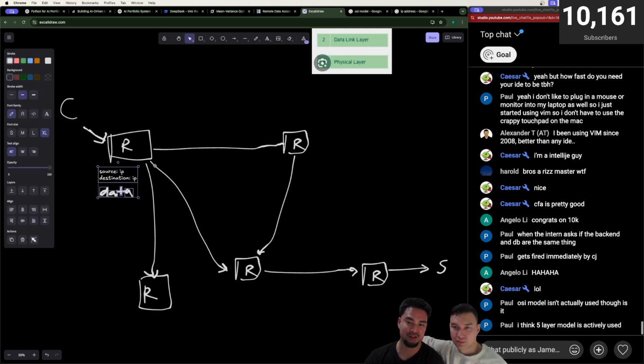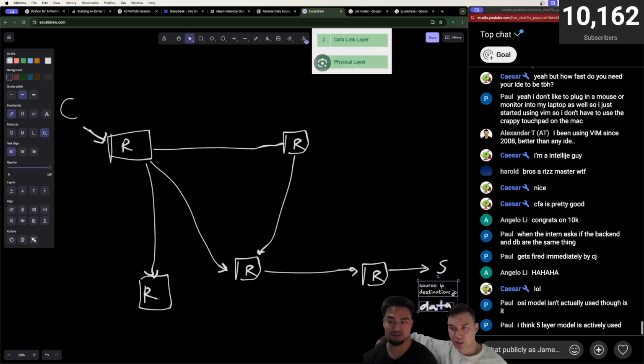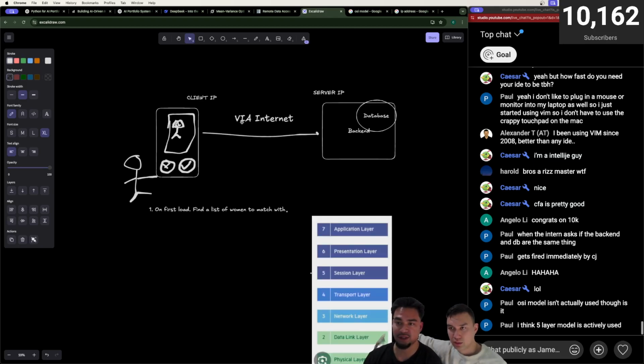It's usually encrypted because you don't want people to spy on it. But essentially, all I need to do is for each router, route this data to the right destination. So you basically ask the neighbors, and I don't actually know how these network algorithms work, but the goal is to get it to the server. I think what it does is it asks its neighbors, do you know where the destination IP is? If you know where it is, I'll route it to you. Oh, you know where the destination IP is? Yeah, I'll route it here. And then he finally gets to this guy. That's how these communicate over the internet.